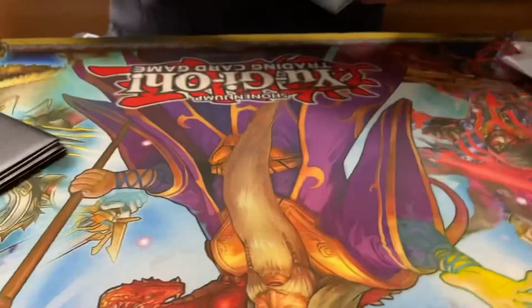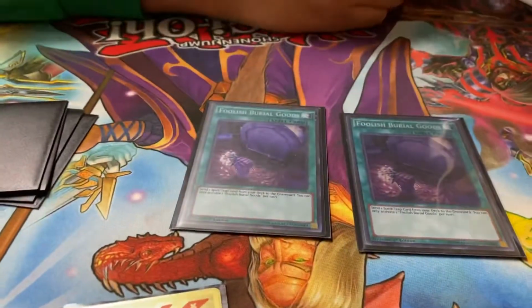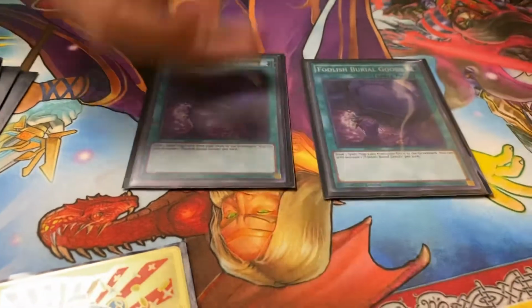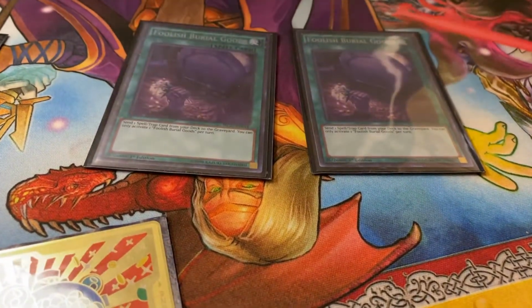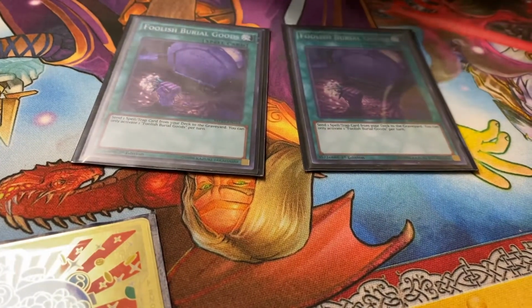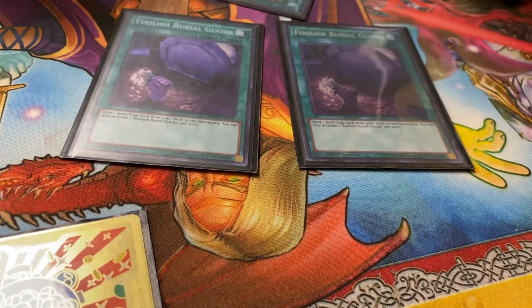Yeah. You have 2 of the burial goods. I was playing 3, but I need to cut it down some cards. Burial goods is a starter. You send your Toy Vendor to search, and you can either start off with whatever you're missing. Ideally,